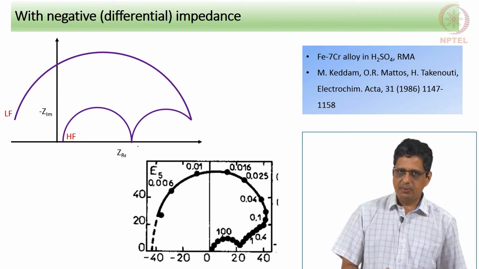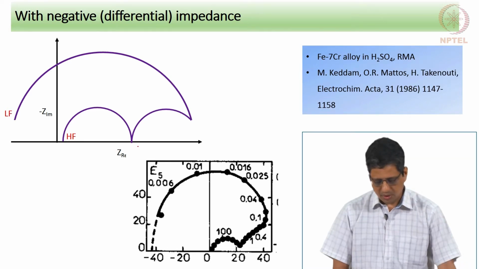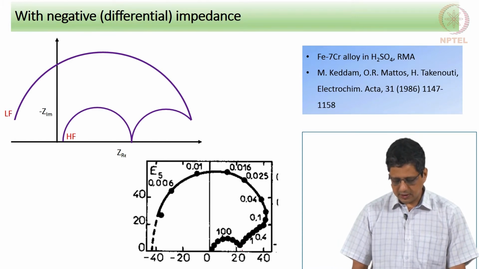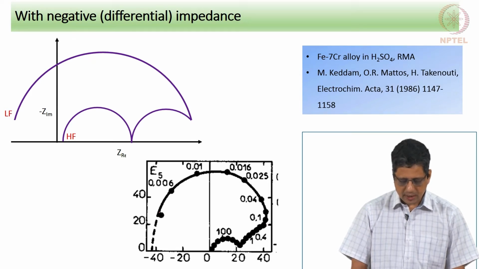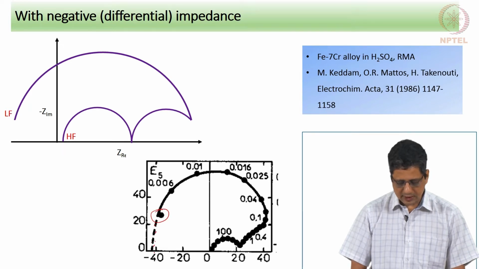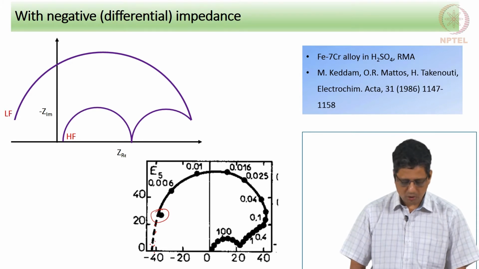So, a lot of these examples that I show you here, we take from those publications. So, this is the data with the first capacitive arc, the second arc not going to completion, but rather halfway the third arc manifests, and at low frequency it has come up to this. Presumably if we extend it, it will settle at the real axis at close to minus 40 ohm centimeter square.